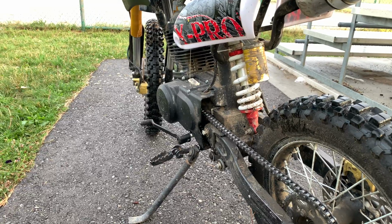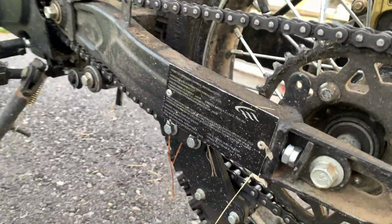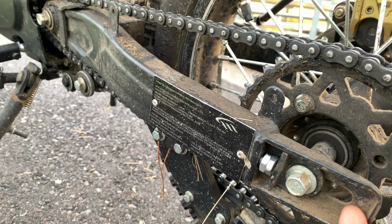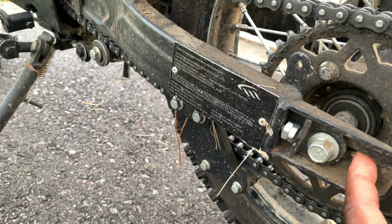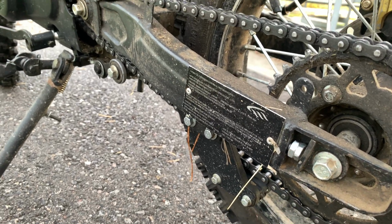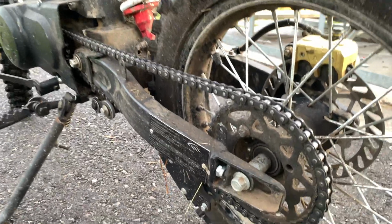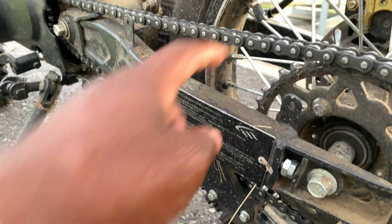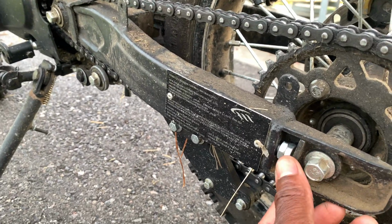If I take one link off the chain, I make the chain stiffer. So as you can see, the axle right here, normally if all the links were on the chain, the axle would be over here, and every time you go for a ride, the axle will move forward and loosen up the chain, and the chain gets slacker and the chain just keeps dropping off. So what happened is that I took one link off the chain. So right now the axle is at the furthest